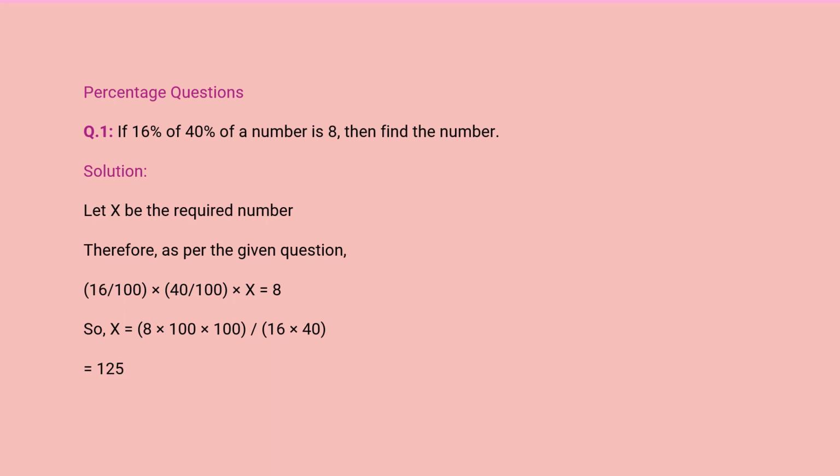Okay. Now there is one more question. If 16% of 40% of a number is 8, then find the number. तो मैंने आपको बताया है, कहीं भी अगर ऑफ है तो आप उसकी जगह पे मल्टीप्लिकेशन सिंबल डाल दीजिए। और 16% को फ्रैक्शन में लिखें तो 16 डिवाइडेड बाय 100 होगा। आप इसको 4 से डिवाइड करके 4/25 भी लिख सकते हैं।